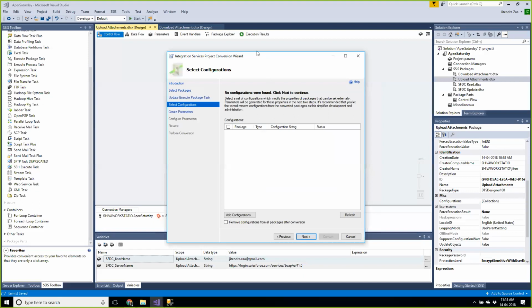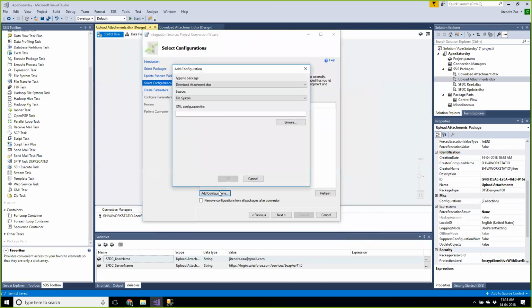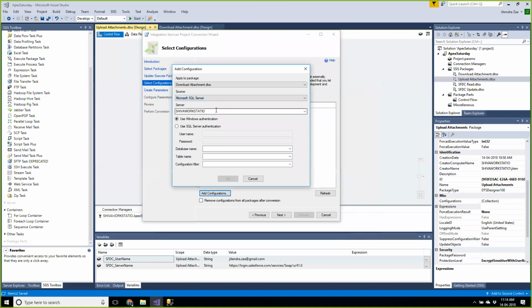Okay, perfect. So what basically we have to do is add a configuration here, and we are saying that the source is SQL Server. I will exactly show what I'm talking about. Database I'm saying is, let's say, Epic Saturday. Table name I'm saying